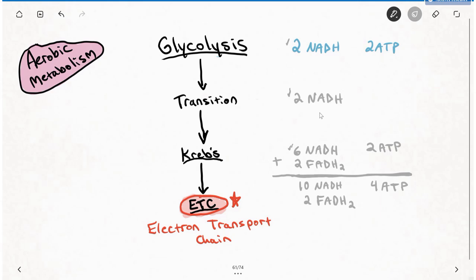Now, all of these, when we make them in whatever stage we're making them in, the NADHs and the FADH2s, are going to go over to the electron transport chain and take part in this. So from the Krebs, we're going to have 6 NADHs and 2 FADH2s, but we also have 2 NADHs from transition and 2 NADHs from glycolysis. So that's going to give us a total of 10 NADHs and 2 FADH2s that, after they're given off in their respective cycles, all go over to the electron transport chain to be processed and turned into more